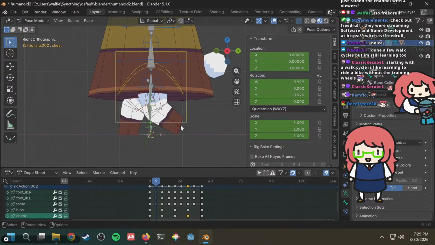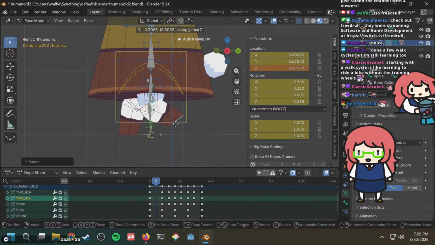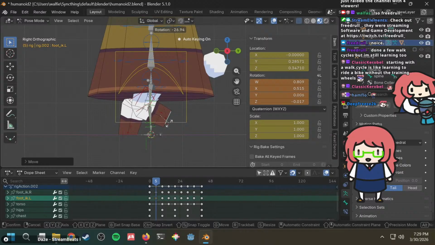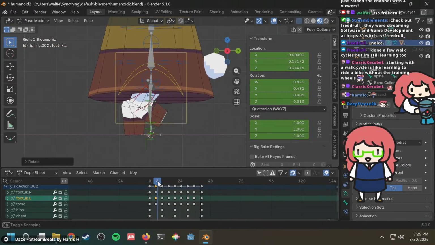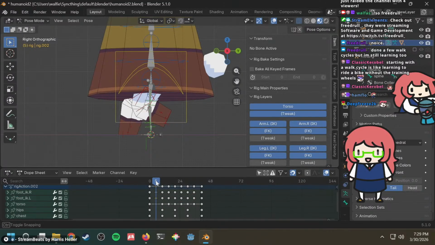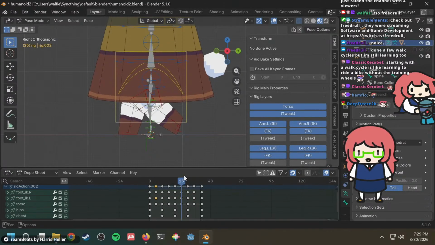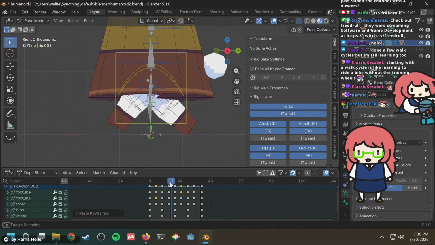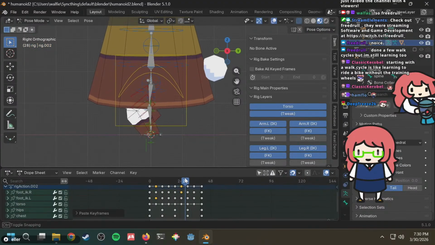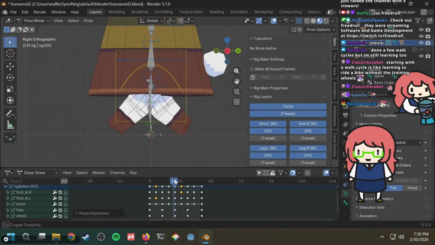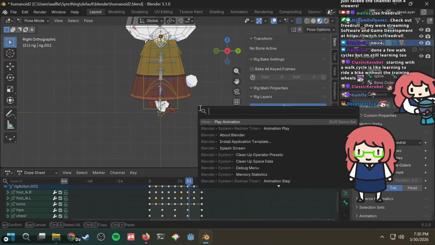We need this leg to be maybe like here. I think that's better. Okay. And then you copy this one to here, paste in reverse. Sure. And then play the animation.